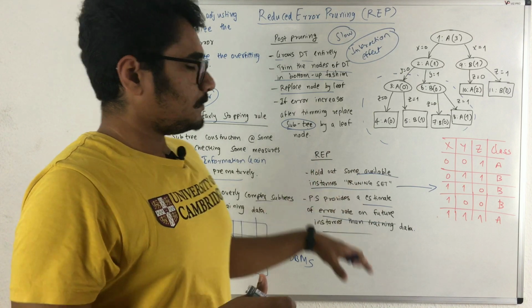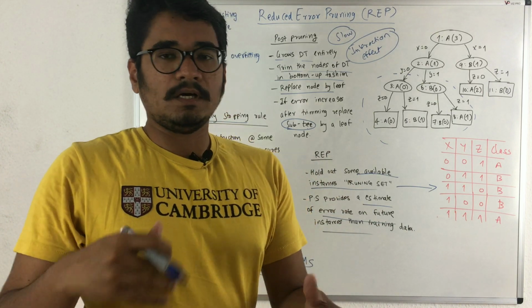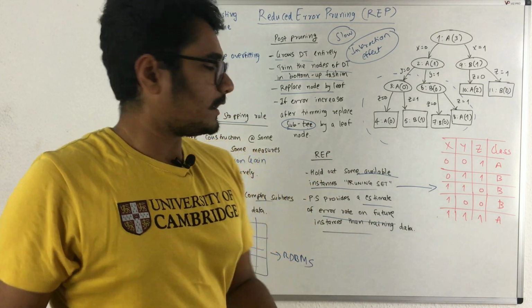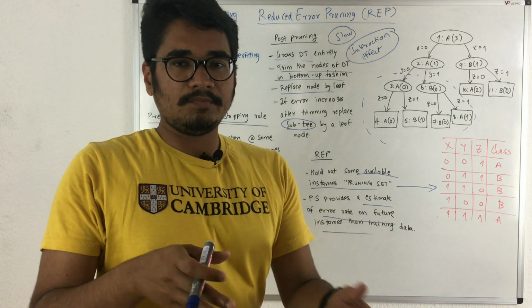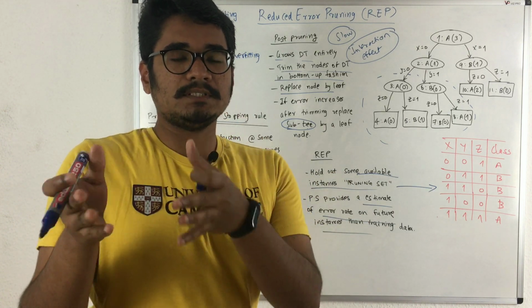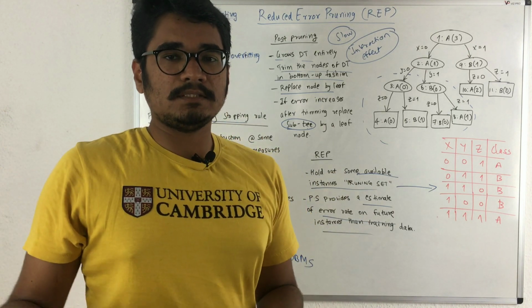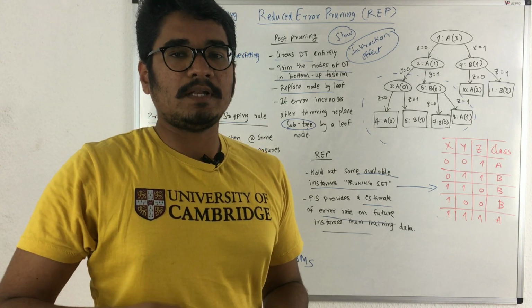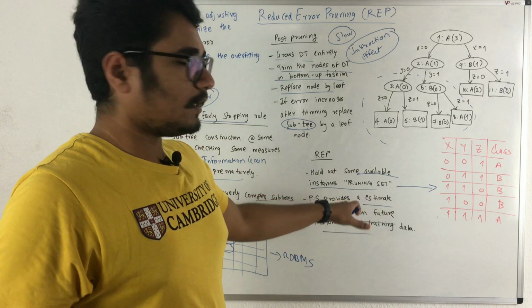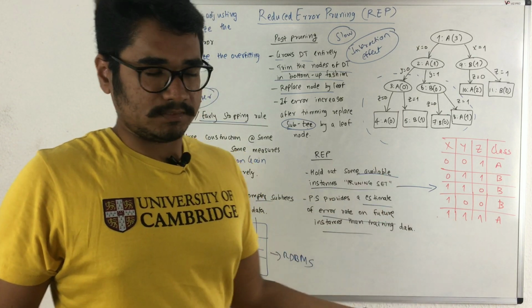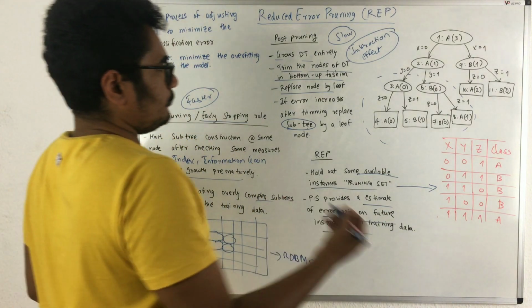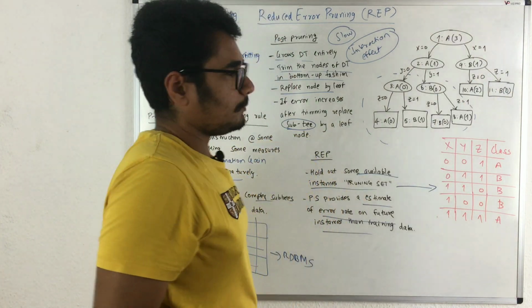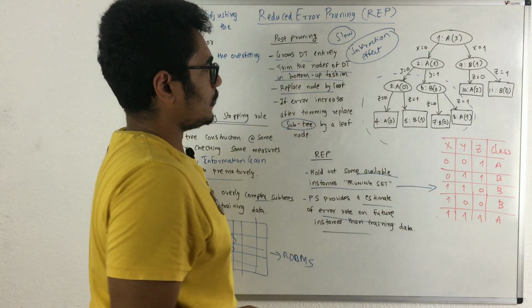First you have some training errors, which can cause underfitting, something like that. A pruning set just gives an estimate, because it compares how much error there is, or how much increase in error is caused, in the training error as well as in the pruning set error. So this is the main motive of having a pruning set. Now we will solve an example of the above discussed scenarios.